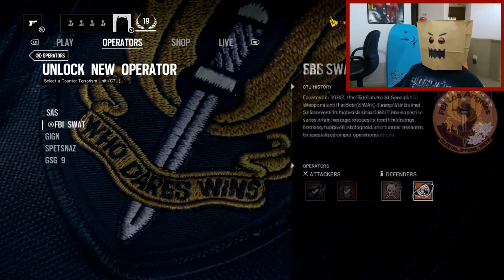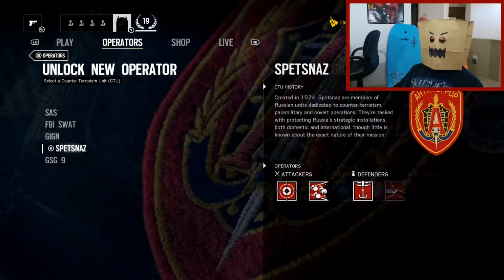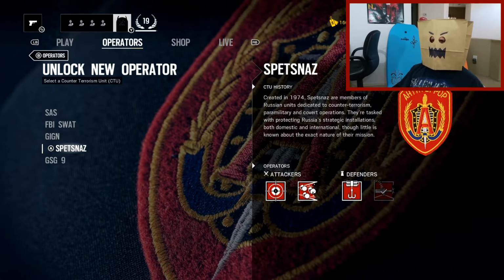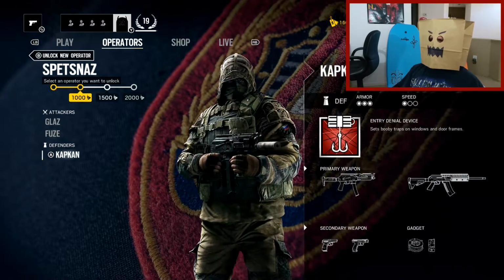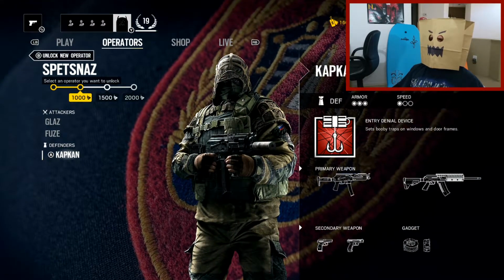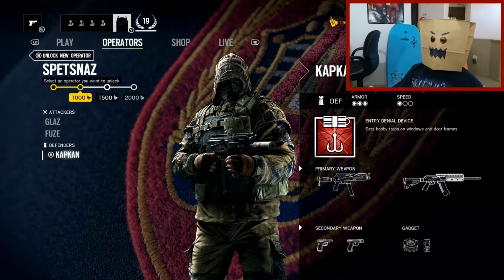Should we unlock Smoke? Let's check out the FBI. I've got 1 left over there. GIGN. I don't choose a whole lot of the Russians. Let's go ahead and see what we've got here. We've got Kapkan as a Russian defender. He sets booby traps on windows and door frames. You know what? I kind of like this guy because I like that his primary weapon is a submachine gun,